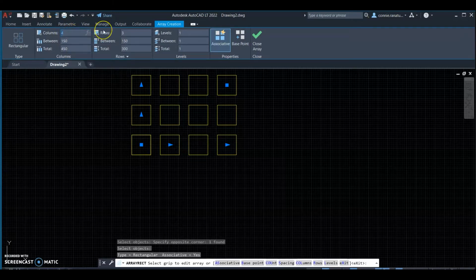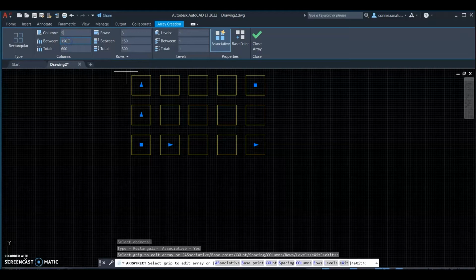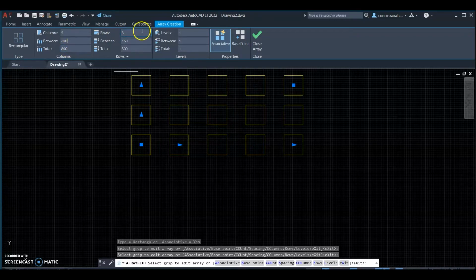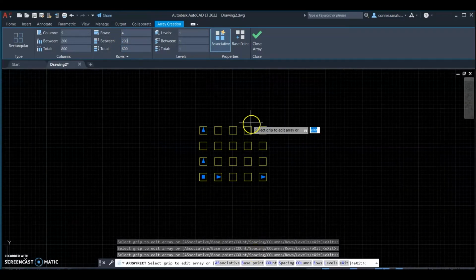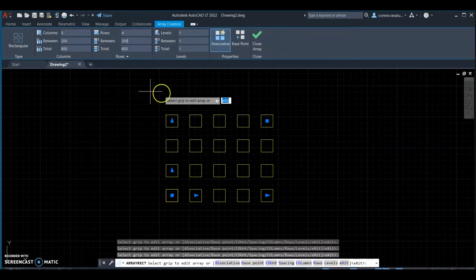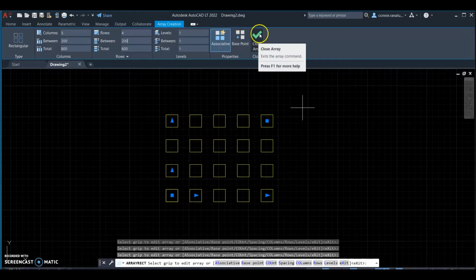I would like to have 5 columns, and between every column I like to have 200 millimeters. And I like to have 4 rows, and between the rows also 200. So I think this looks okay. Then I close the array here